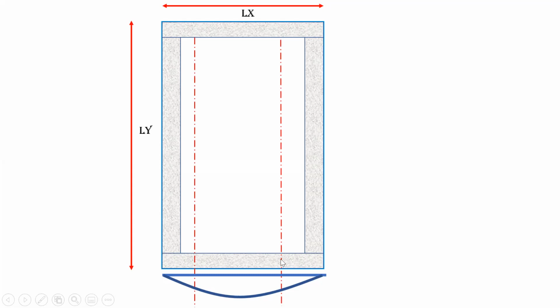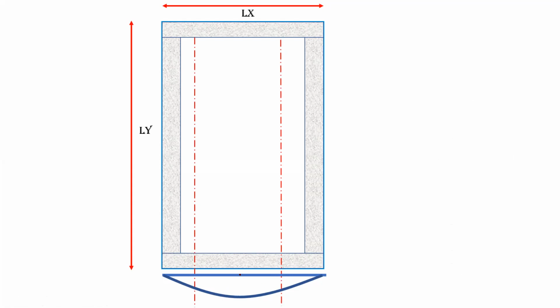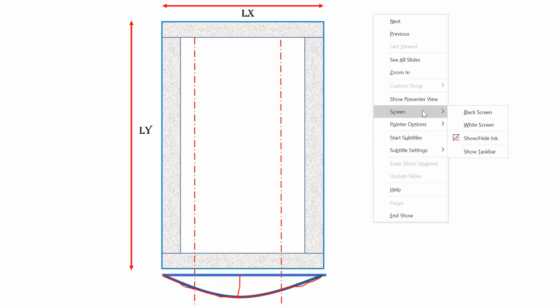Let us consider the red line. What you can see is a cutoff line. So we can see that the bending moment is maximum here, right? But as it keeps on going towards the support, what is happening? The bending moment is reducing, reducing, and it is almost zero here, right? In the same way, you can see here the bending moment is maximum here. From here, the bending moment keeps on decreasing, and the moment it reaches the simply supported end, what will happen? The bending moment is zero. So what I've done, I've taken a cutoff point here, and also I've taken a cutoff point here. So we'll try to understand the logic behind this.